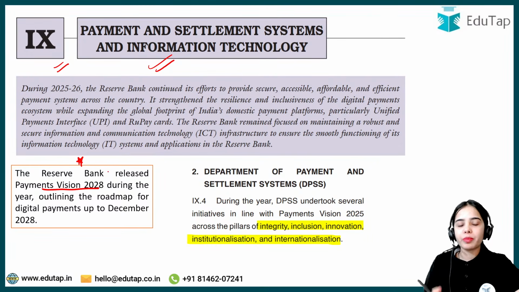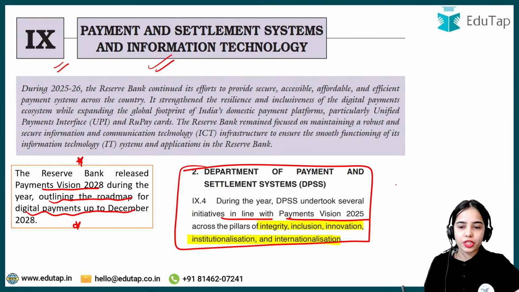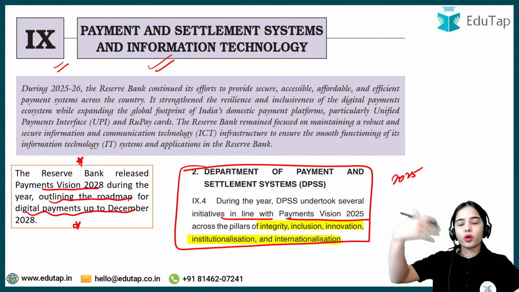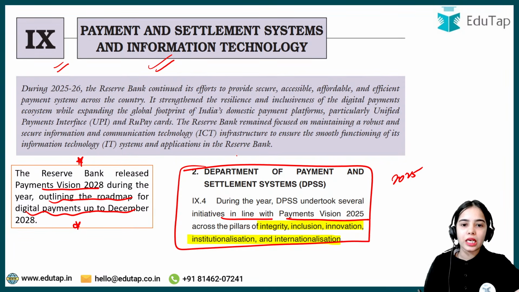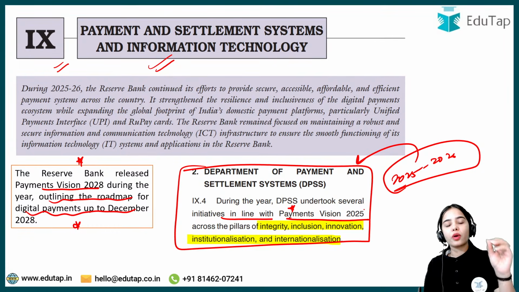So RBI has released the Payment Vision 2028 during the year, outlining the roadmap for digital payments up to December 2028. The Department of Payment and Settlement Systems undertook several initiatives in line with the Payment Vision. Now the Payment Vision 2028 has been released for the period from 2026. For 2025-26, the previous financial year, the Department of Payment and Settlement Systems was undertaking several initiatives in line with the previous payment vision, Payment Vision 2025, across the pillars: